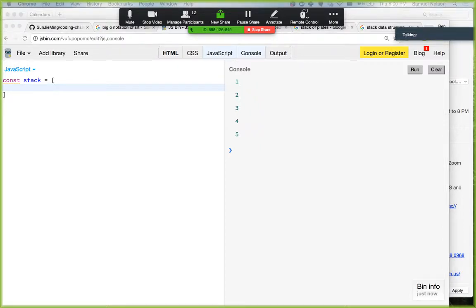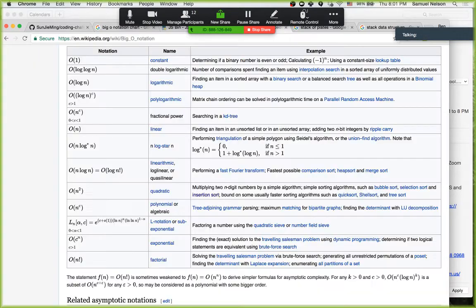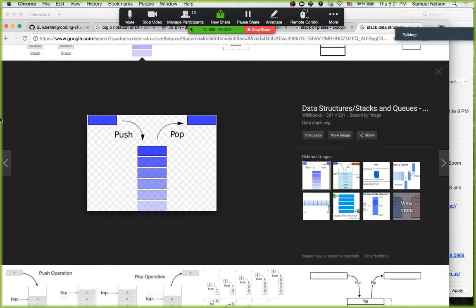So basic high level, that's what a stack is. All right, so the next one that we're going to talk about is called a queue. With a queue data structure, it's a little different. Instead of putting things on the top and then taking them off the bottom,